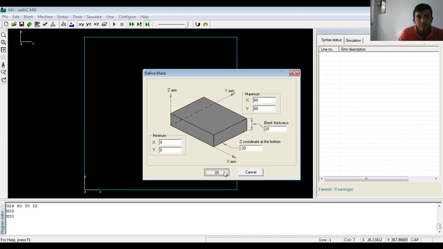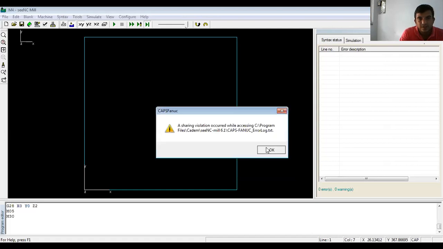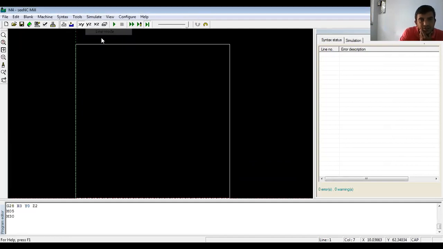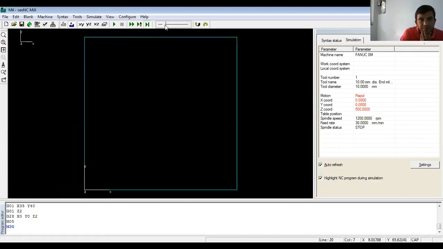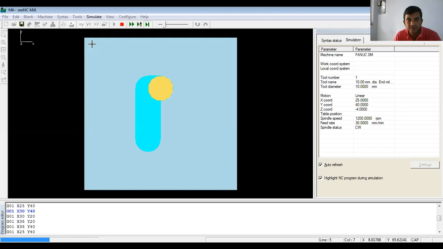Okay, only 1 minute is there. Now we go for simulate. First I will go for line mode, simulate, start. Then we'll go for solid mode. Now you can see how the cutting tool removes the raw material.